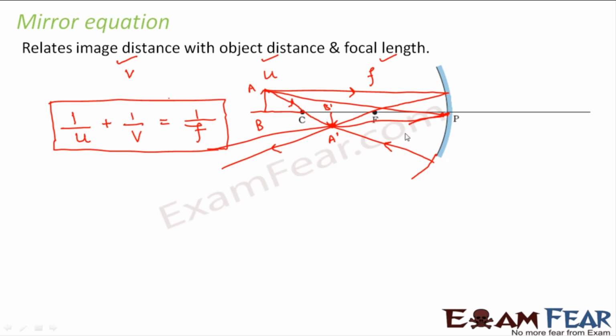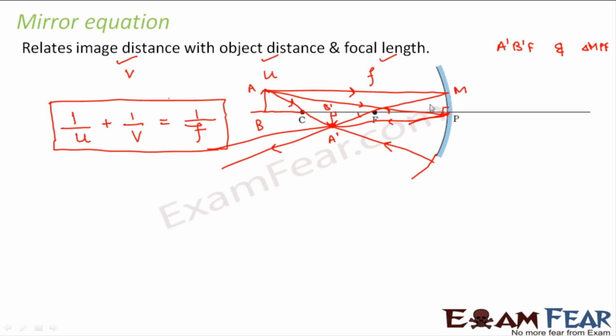Now if we look at this diagram and consider these triangles, first of all, let me name things here. This is A, this is B. Let me call this M, and this is A dash B dash F, and triangle MPF. So this is MPF, this triangle, and this is A dash B dash F. If you compare these two triangles, you have vertically opposite angles. You have this as 90 degrees and these as 90 degrees.